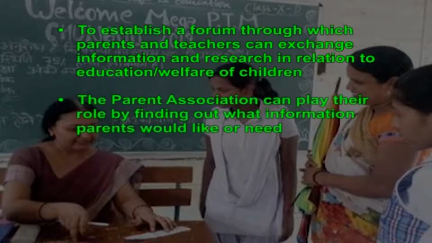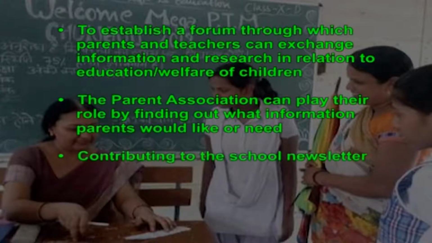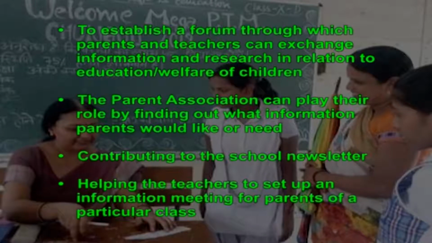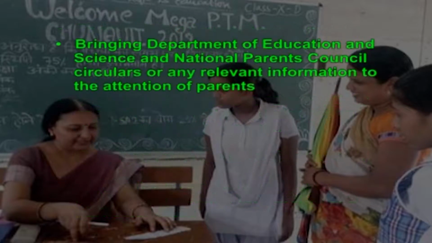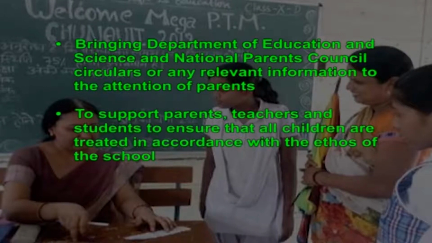The parent association can play their role by finding out what information parents would like or need. They can contribute to the school newsletter, helping the teachers to set up an information meeting for parents of a particular class, bringing Department of Education and Science and National Parents Council circulars or any relevant information to the attention of parents, to support parents, teachers and students to ensure that all children are treated in accordance with the ethos